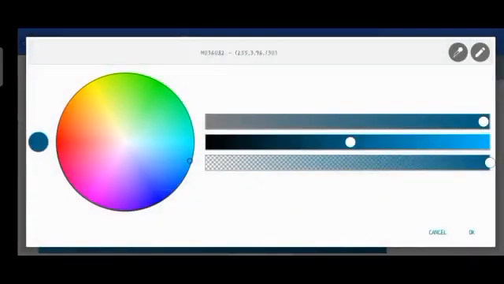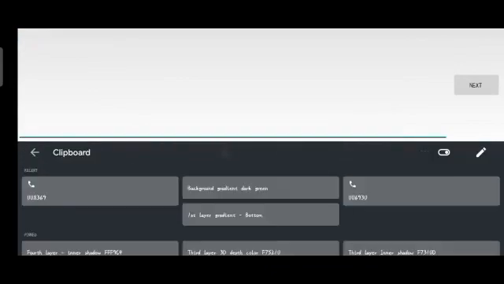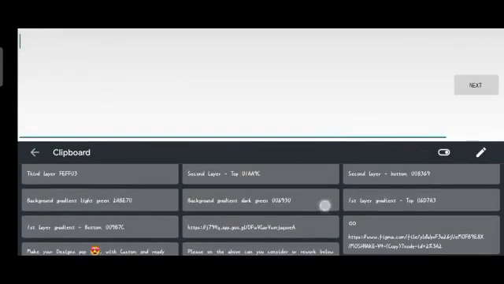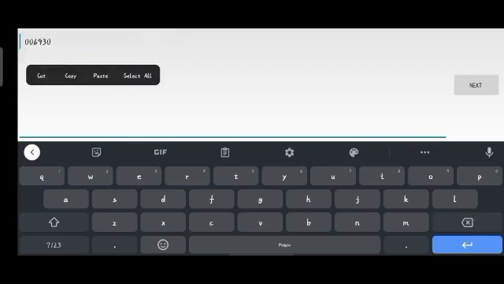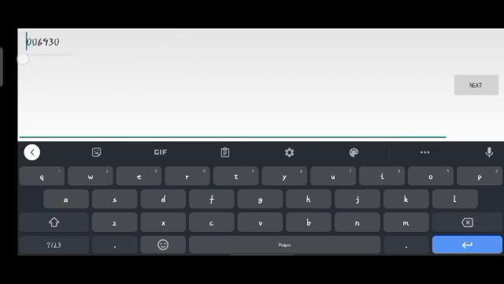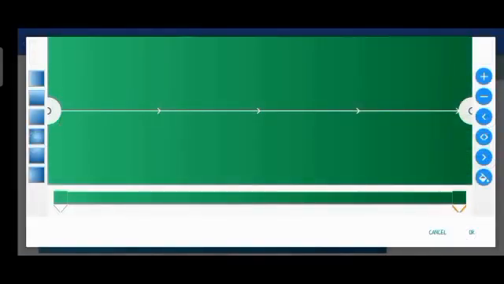And then I'll use the color edit tool again and then paste the dark part of the green. So I will swipe up to get the color here. So this is the background green. So I will just delete this now. And I have just my color code. Click OK and OK. Okay, so I got the color and the gradient now, but the arrangement,